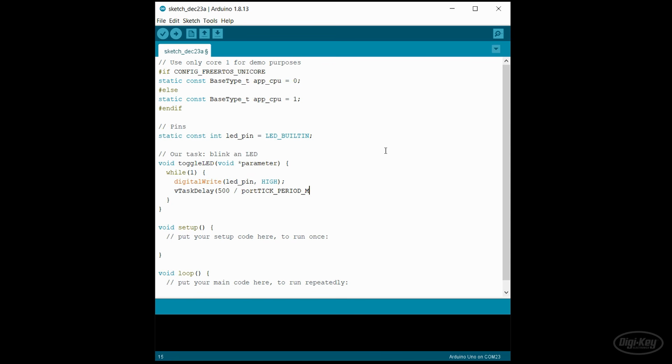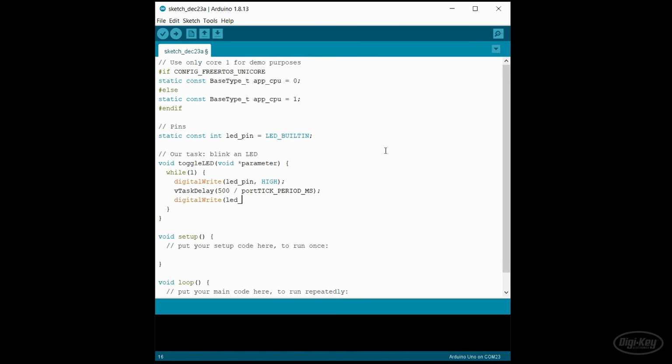Instead, you should use the vTaskDelay function, which is non-blocking and works in vanilla FreeRTOS. It tells the scheduler to run other tasks until the specified delay time is up and then come back to continue running this task. Almost all RTOSes you come across are based on a tick timer. A tick timer is simply one of the microcontroller's hardware timers allocated to interrupt the processor at a specific interval. The interrupt period is known as a tick, and the scheduler has an opportunity to run each tick to figure out which task needs to run for that tick.